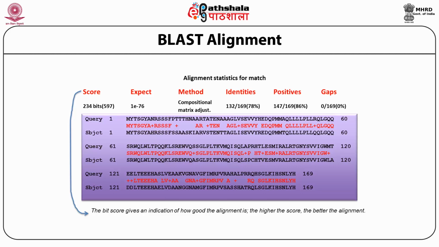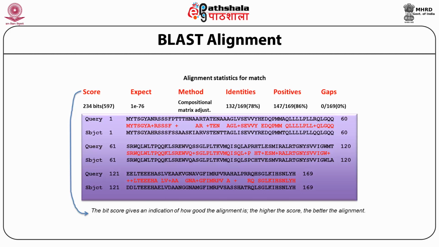The query represents my sequence of interest, and the subject is the one taken from the database. After aligning, it gives me a score: how much alignment has happened, how many amino acids are exact matches, and how many similar amino acids have been found. Based on that, it gives me a statistics value. For example, here you see identity. That means exactly, for example, methionine is matched with methionine, threonine matched with threonine, like that. You have identical amino acids, 132 out of 169 query residues. So in total you have 78% sequence identity matching in the database.